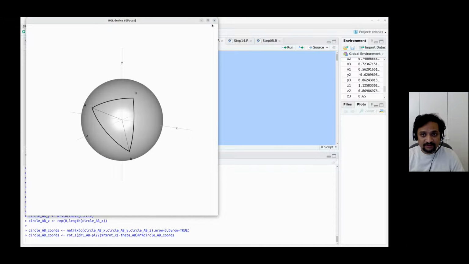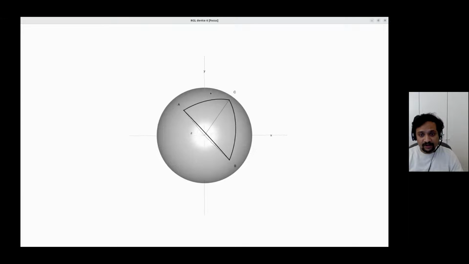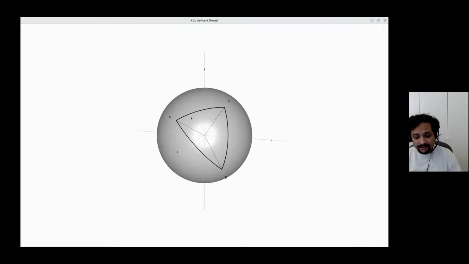So you get all three sides AB, BC, CA of the spherical triangle. All of these arcs lie on great circles through the sphere. So like this. Okay, so this is an example of a spherical triangle. Now, just like triangles in the plane, two-dimensional planar triangles, they have also three